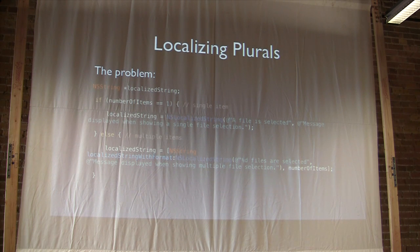So anyway, the problem is this: you've got a string in your app that you show to the user, and say it tells you how many files are selected in a list or something like that, and you want it to be smart about how many files are selected. So you say, well, if there's one item, then a file is selected. If there are multiple items, then say, 10 files are selected. The number of files are selected. Well, that's not too bad, right? It's just one if statement. But